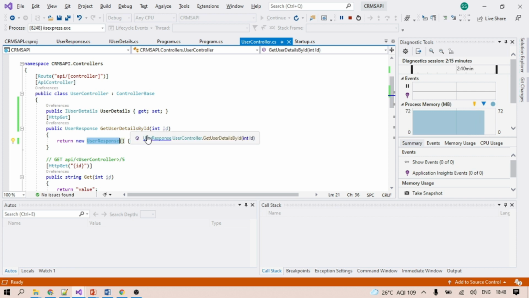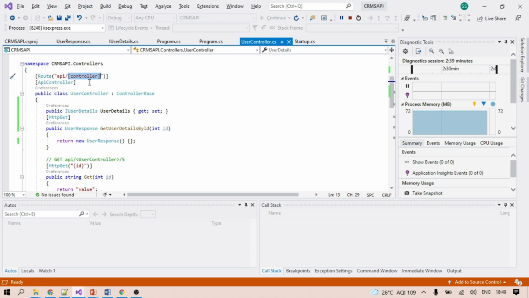So the first problem is that the method name is not proper. How can we sort it out? We need to put a route here. Instead of putting it in the controller, it's a square tag.